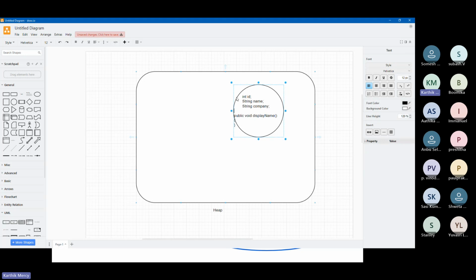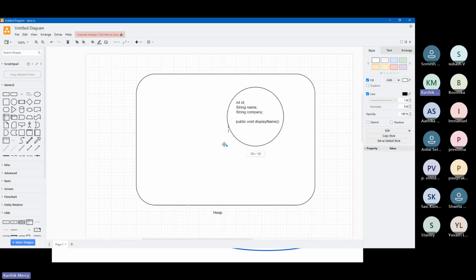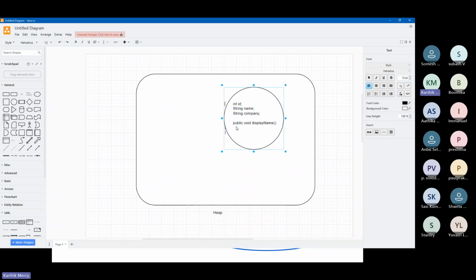What I want to illustrate over here is that by my new employee line, the object gets created inside my heap. This is the only thing that I want to explain to you.